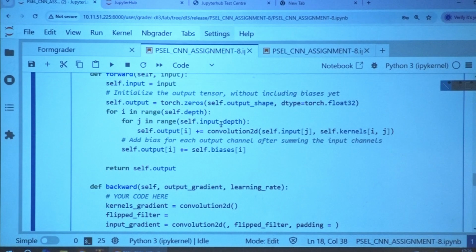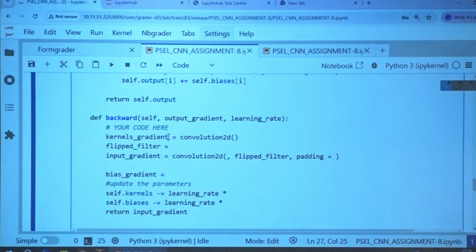So your kernel will be indexed ij. The input gradient you can calculate for j with respect to the kernel ij. Now calculate the kernel gradient ij, and the input gradient j.